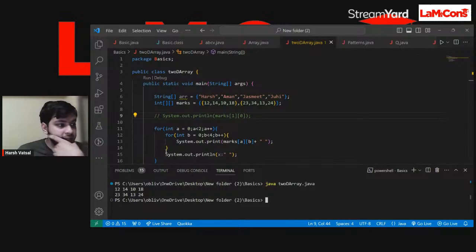Okay, 12, 14, 10, 18. Okay, and 23, 34, 13, and 24. So at first the value of a was 0, so we were traversing on this one